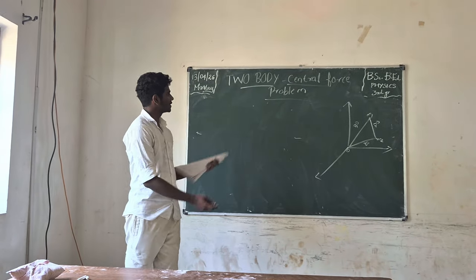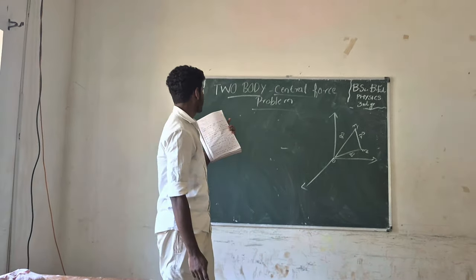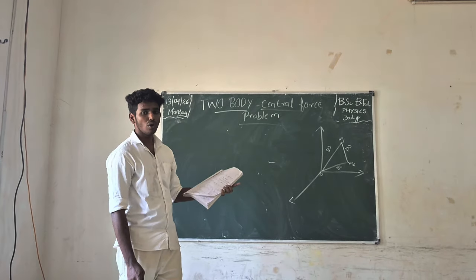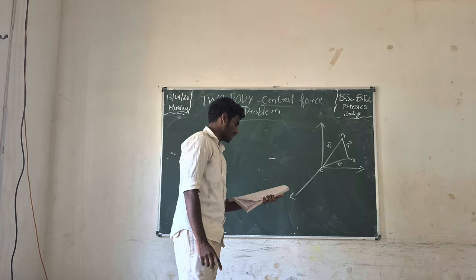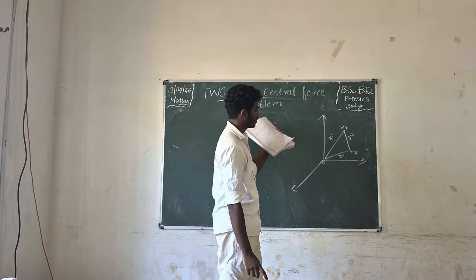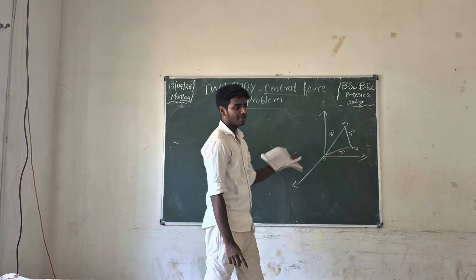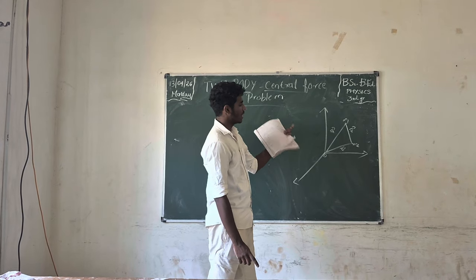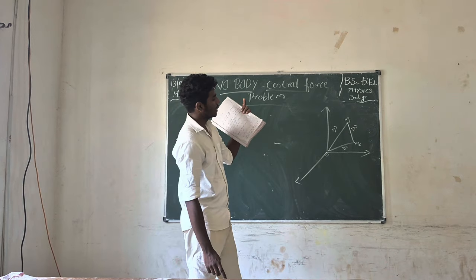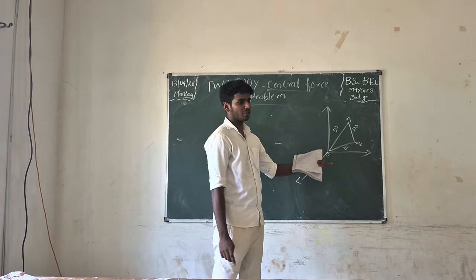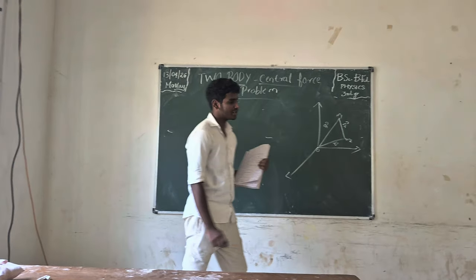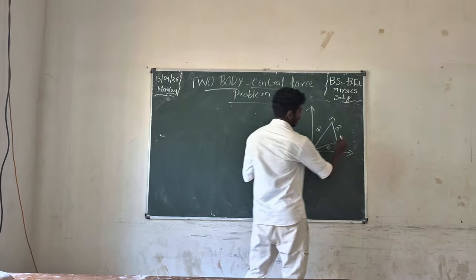So today we are going to discuss the two-body central force problem and the reduction of that two-body central force problem to a one-body problem. For that, let us consider two particles of mass m1 and m2 which have position vectors r1 and r2. And let's consider that the position of m1 with respect to m2 is r, and from the triangular law of vector addition we can say that vector r is equal to